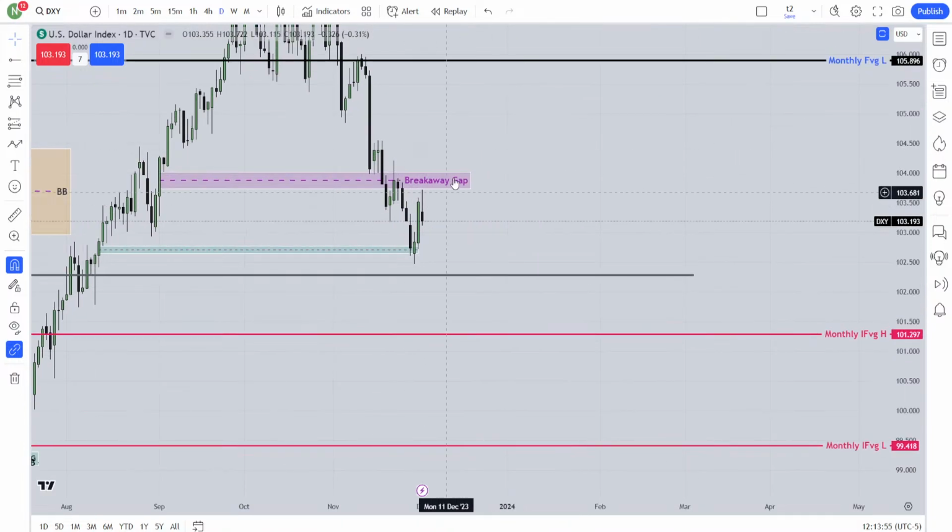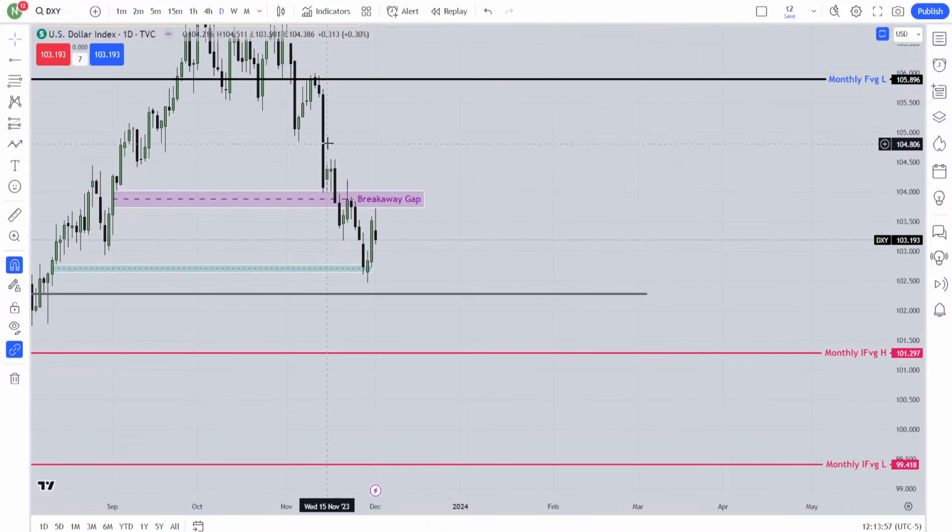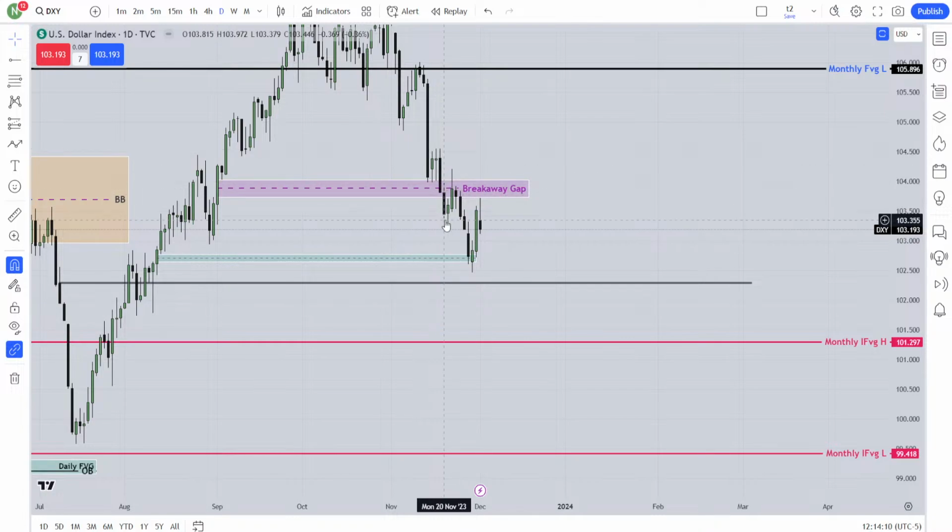All of you know how to use the fair value gap. Either it will come to the consequent encroachment and be rejected from the consequent encroachment, upper level. It didn't do it. It went through this. I will now look at the way it should work. It will be rejected from the consequent encroachment. It will come back again to the lower part of the fair value gap.